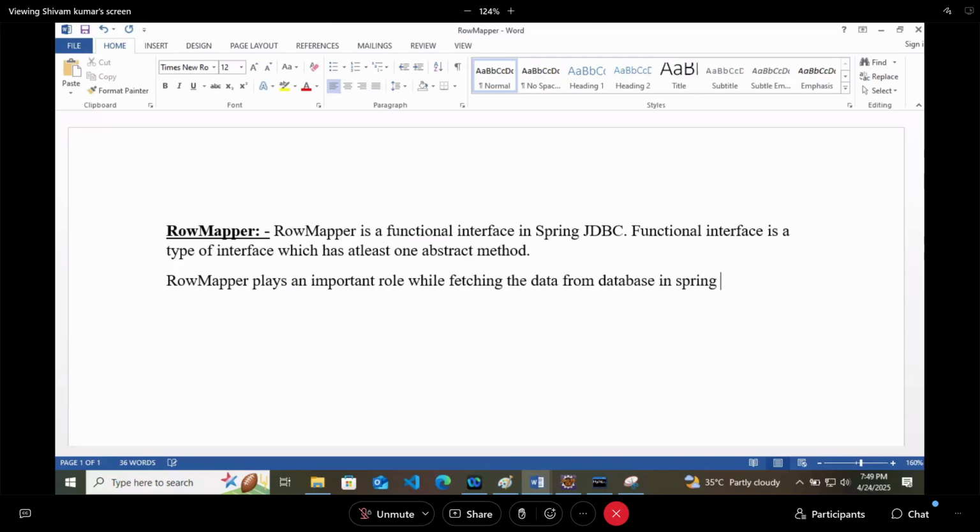As the name suggests, row mapper will map the rows of database.